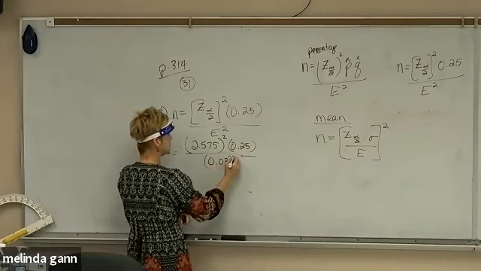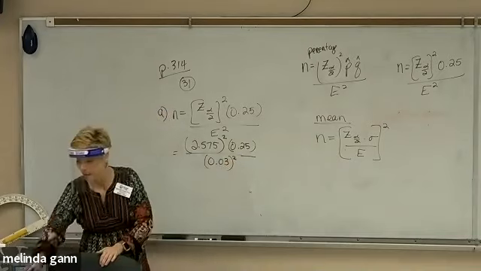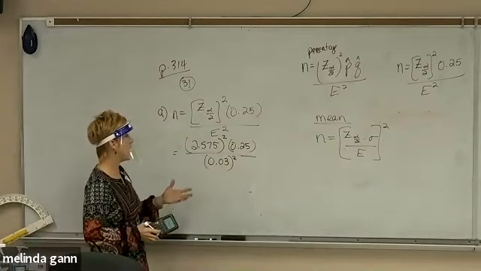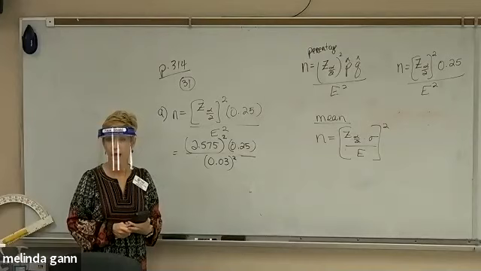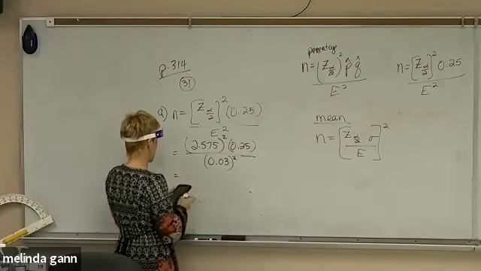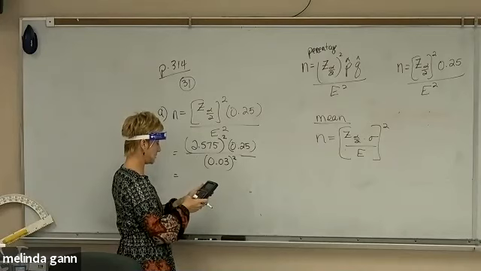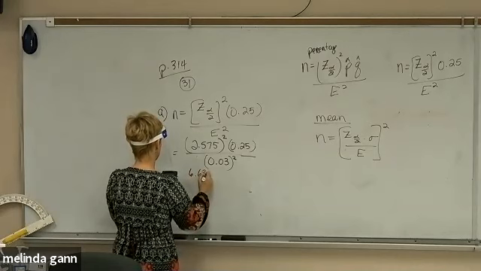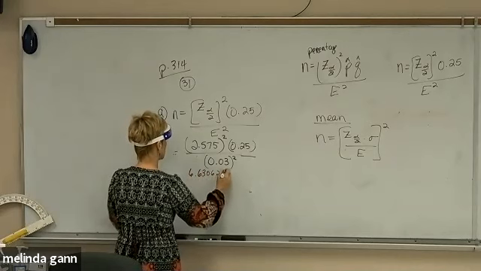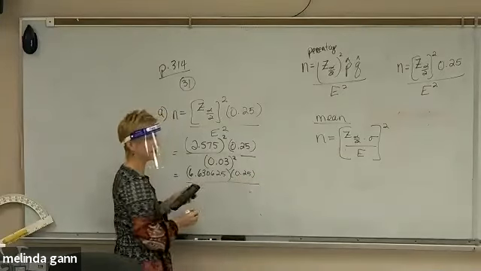0.03. Now, if it had just said 3 points, E would be 3. So I've got to read it very carefully. Now, I'm thinking order of operations. Do I multiply or do exponents? Which one comes first? Exponents. All right. So I'm going to have to take that 2.575, if I can get it right, and square it. I'm kind of showing more steps, but on a test, I would show all my steps. Because the more steps I see, the more partial credit you can get if you make a careless